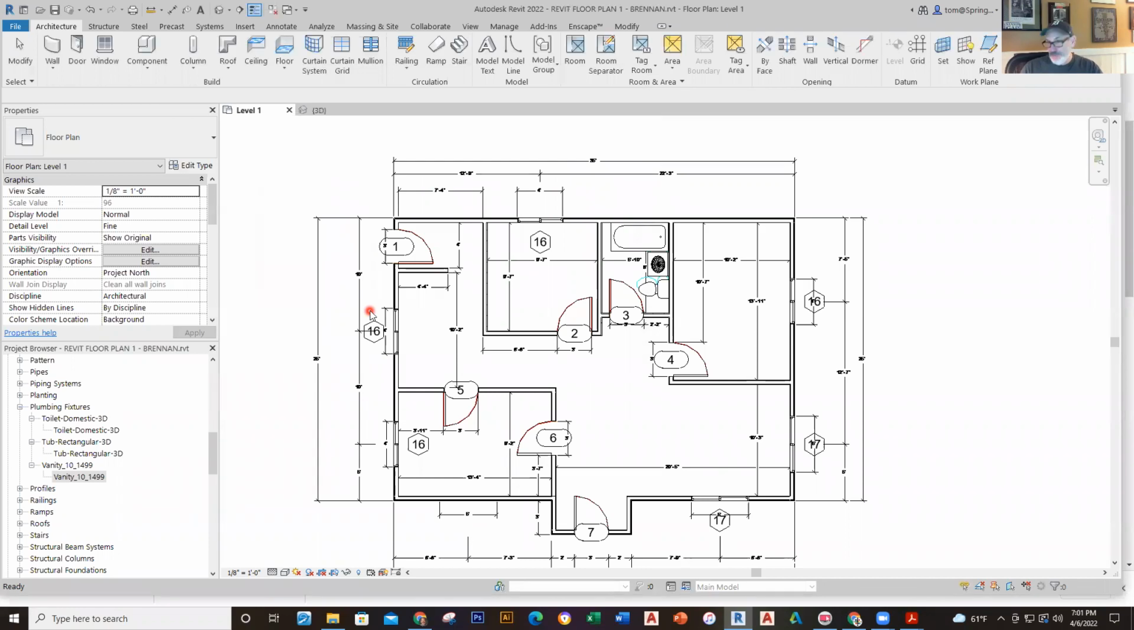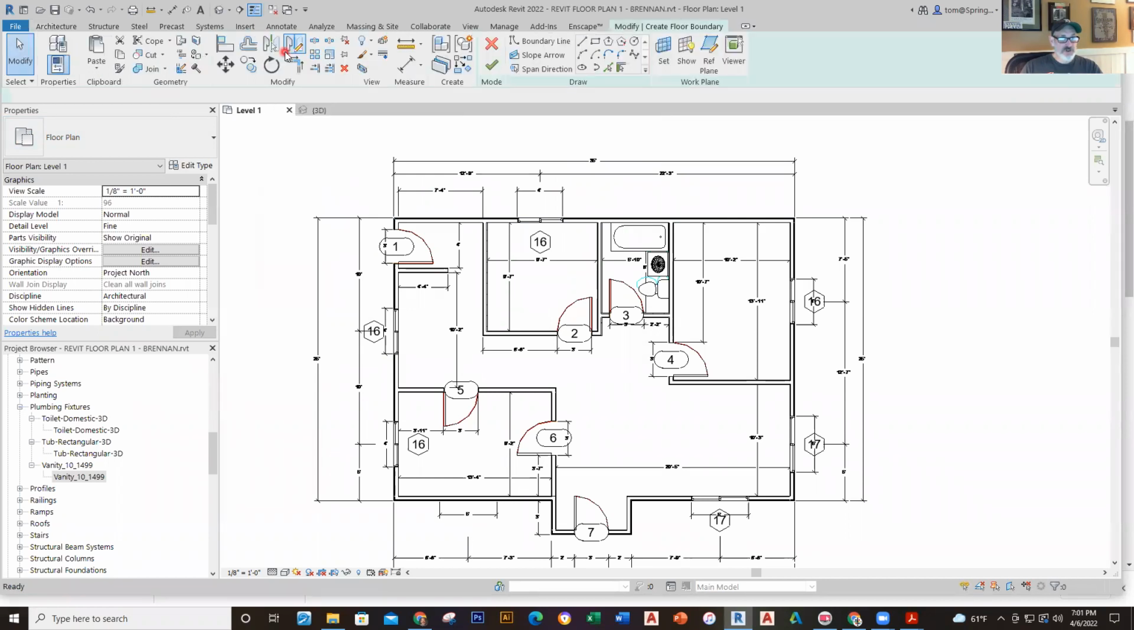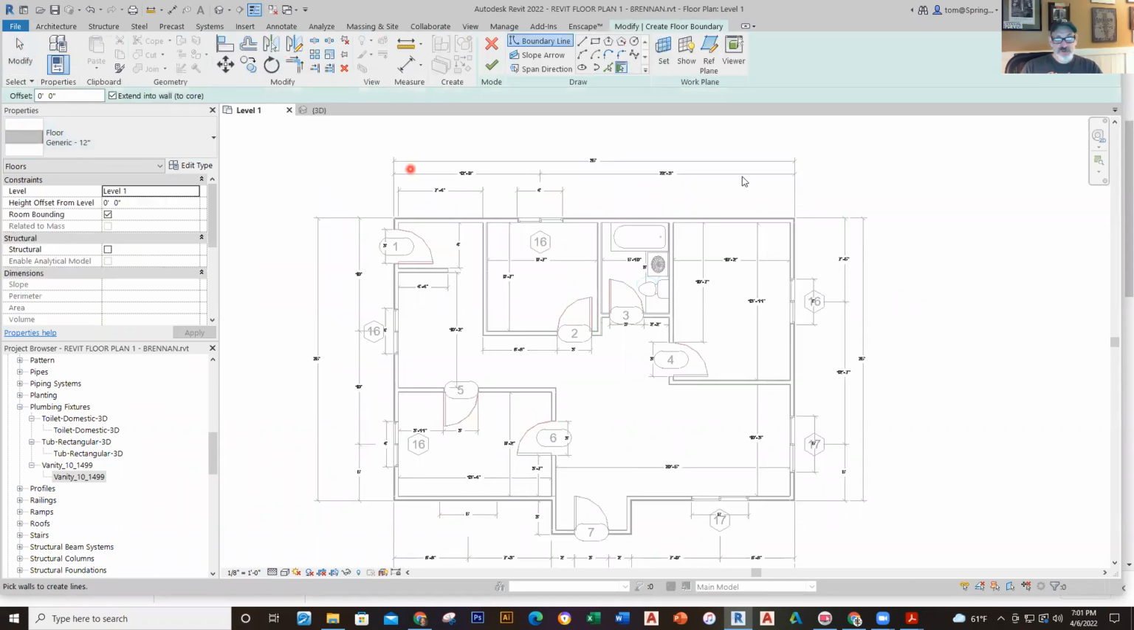Now, the only two things I have to do to finish it are to put in a concrete floor. So to do that, I go here to floor. We did this last week. I'll go to floor, and then I got the generic floor. What I'm going to do here is use my pick walls right here. Pick walls is the default. So I'm just going to pick out these walls, 1, 2,